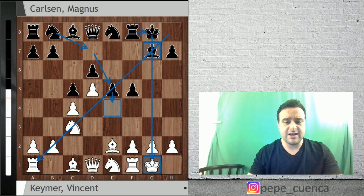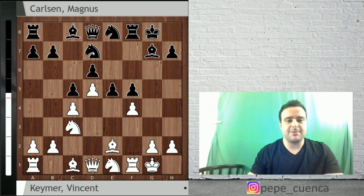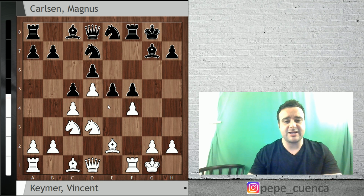So here Keymer decided to stop Black's attack on the king side by playing f4. And knight d7 was played by Magnus Carlsen. e4 was also interesting here, but knight d7 keeps the tension, is more flexible, and now you maybe want to go for e4 or even e takes f4, because later you will be able to use the e5 square for your beautiful horse, right? So after knight d7, now knight d3 was played, and now Vincent Keymer is asking Carlsen,